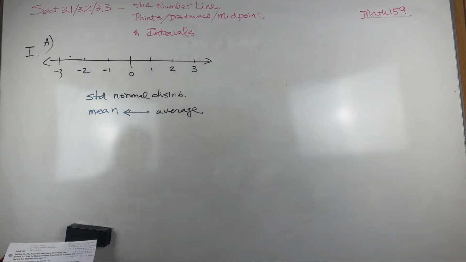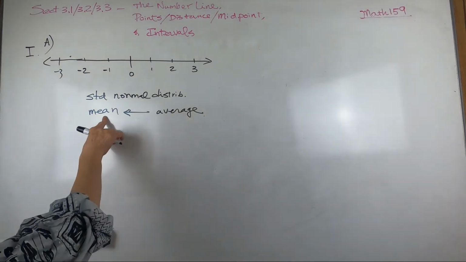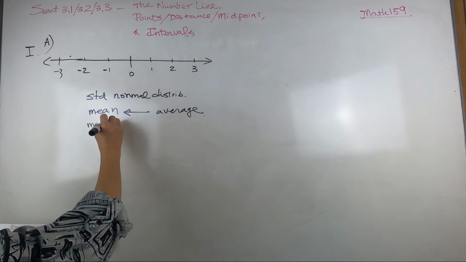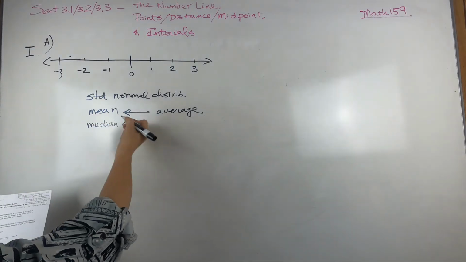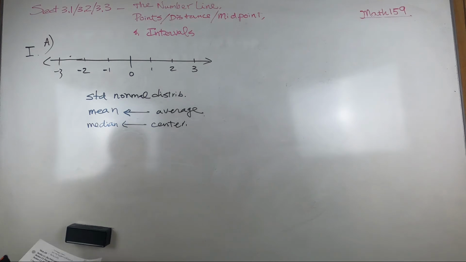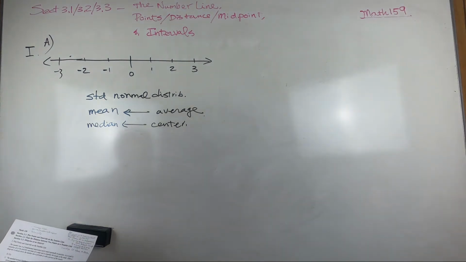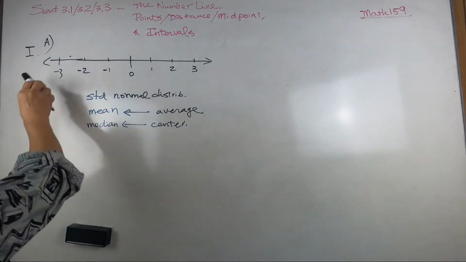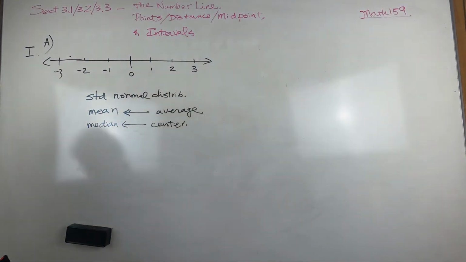Say the average bus wait time, that will be the mean time, we call it. Another one is called the median. What do you think? The median in the middle will be your center, okay? So it asks you to plot the number line that best displays this information, okay? -3 to 3, that's what we do. Then plot the value